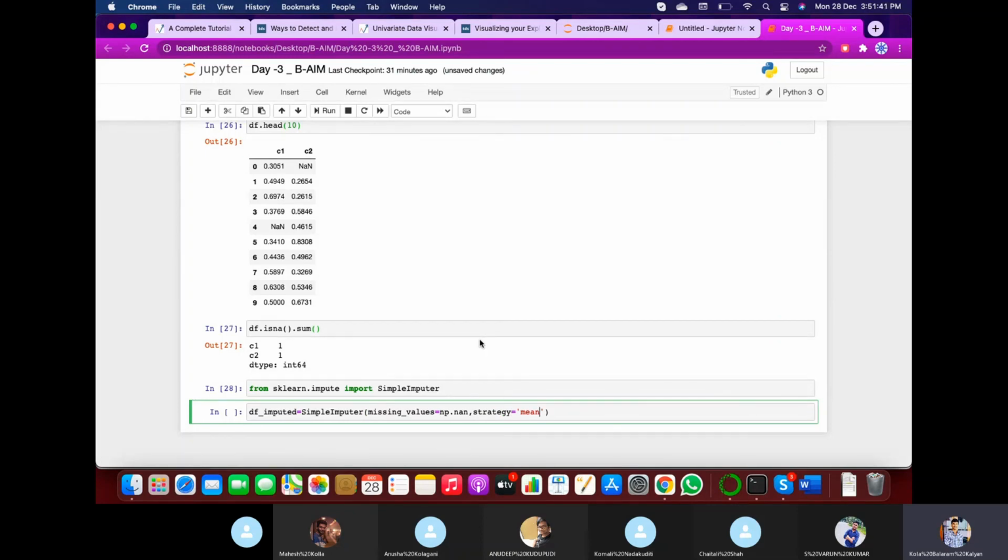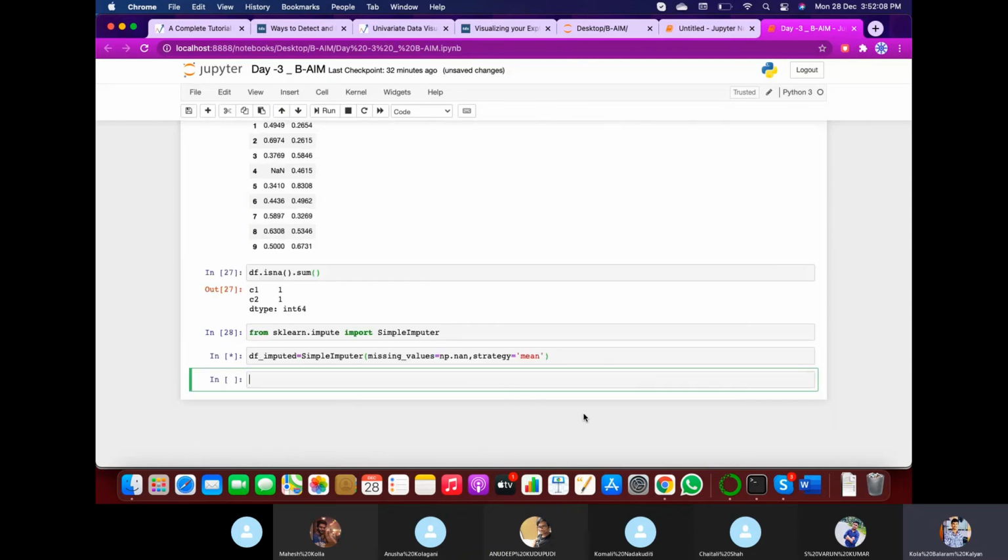If you want to do median imputation, you can mention median. There is nothing wrong in doing that. We can do mean imputation as well as median imputation. I choose the mean imputation as the best for the missing values, but if you want to do median, you can obviously do that. There is nothing wrong in doing the median imputation. So I created the mean imputation. So the mean imputation is created here.